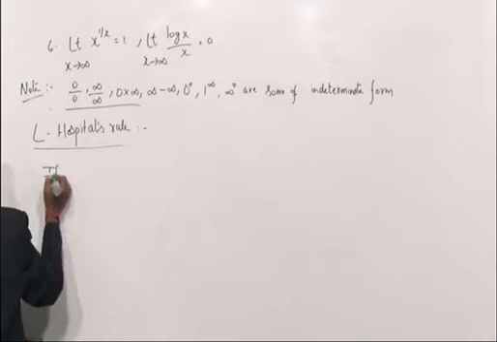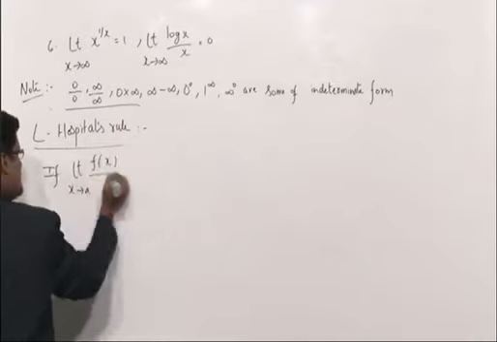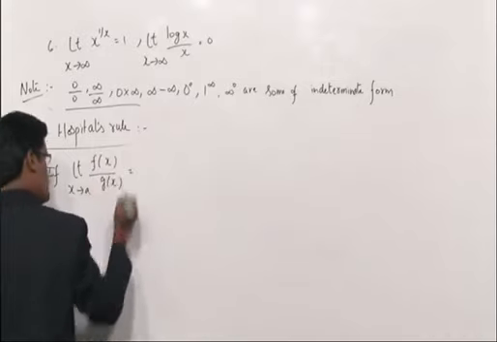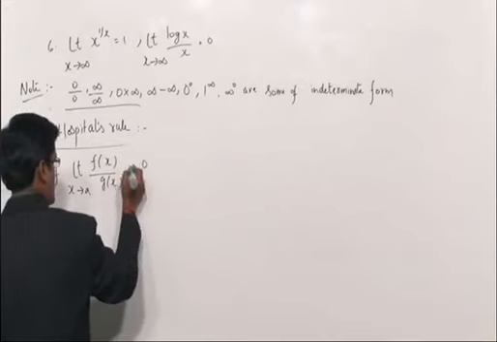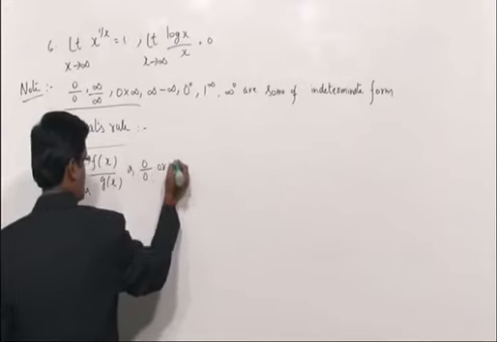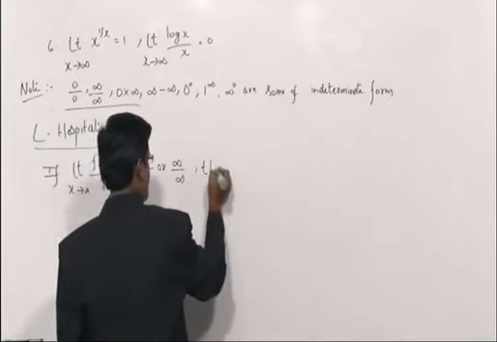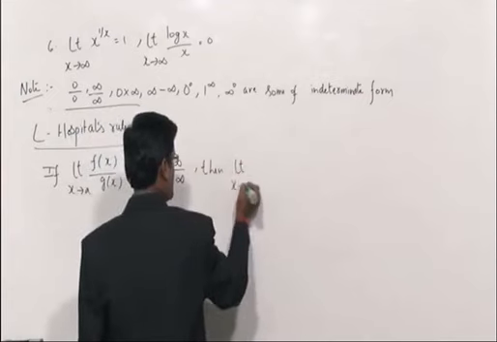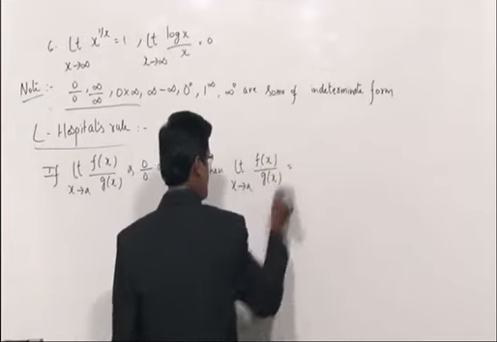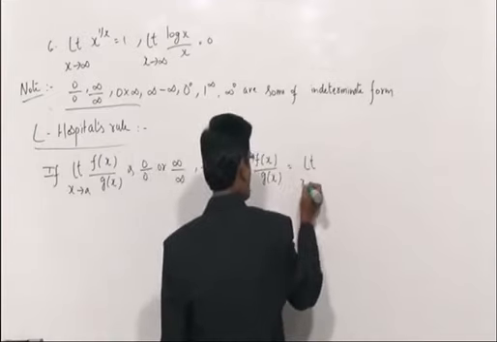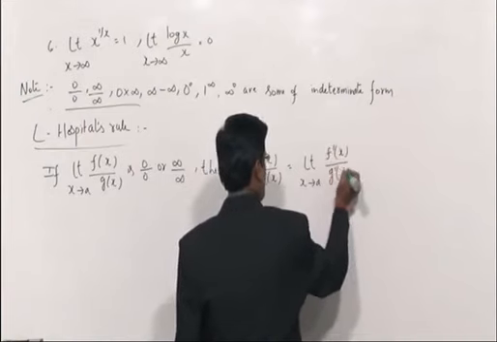If limit x tends to a, f x by g x is 0 by 0 or infinity by infinity, then the procedure is limit x tends to a, f x by g x is equal to limit x tends to a, f dash x divided by g dash x,